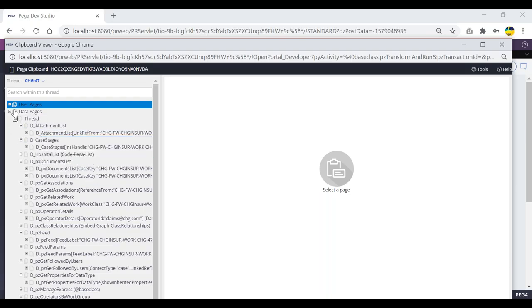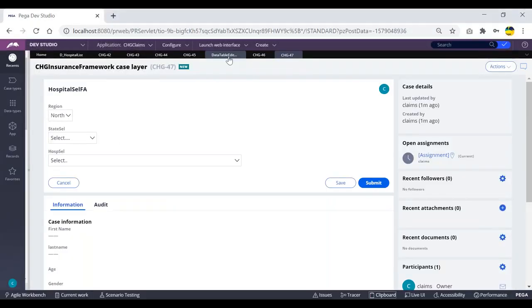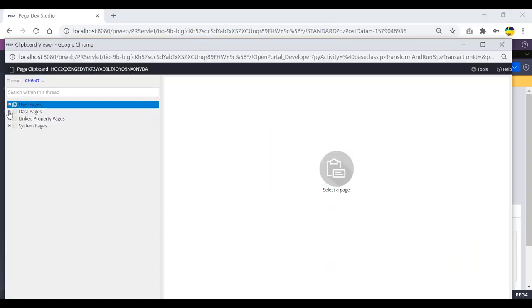So actually we should not be getting the data. I should have to log off and log in. That's okay. You try it. The thing I'm trying to say here is, if I'm trying to make this particular data page editable, then